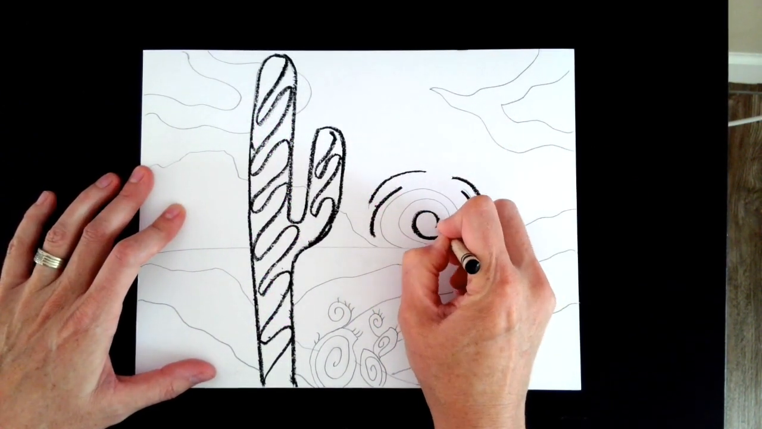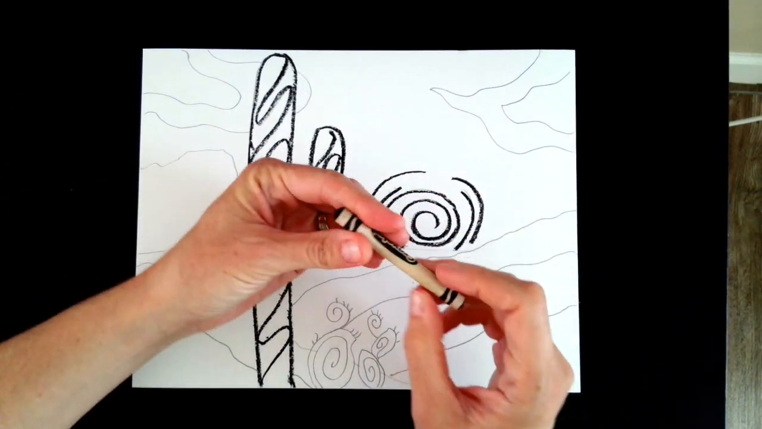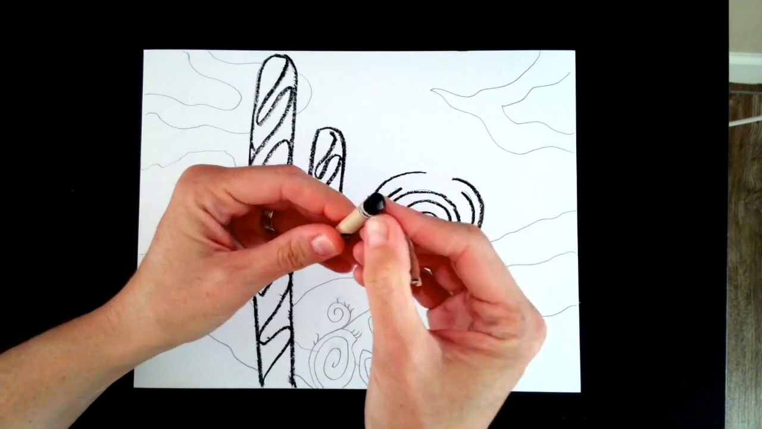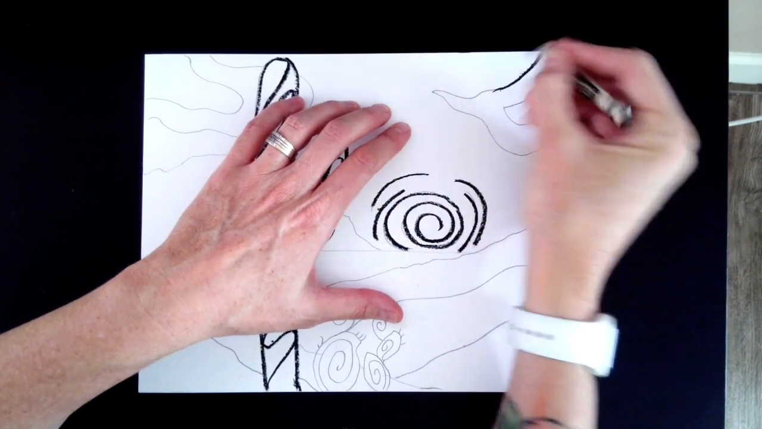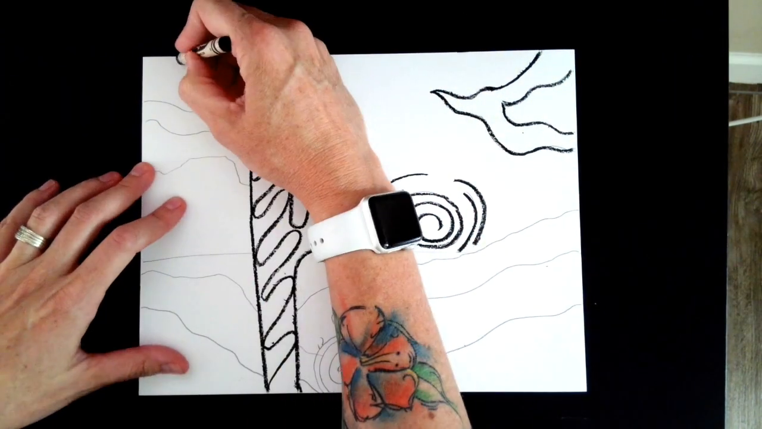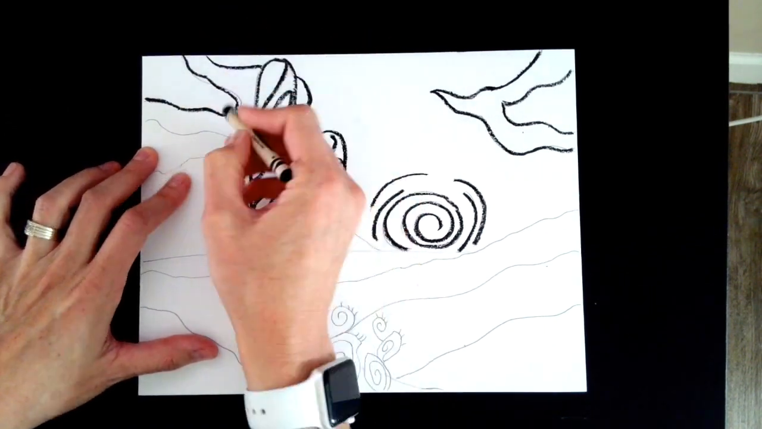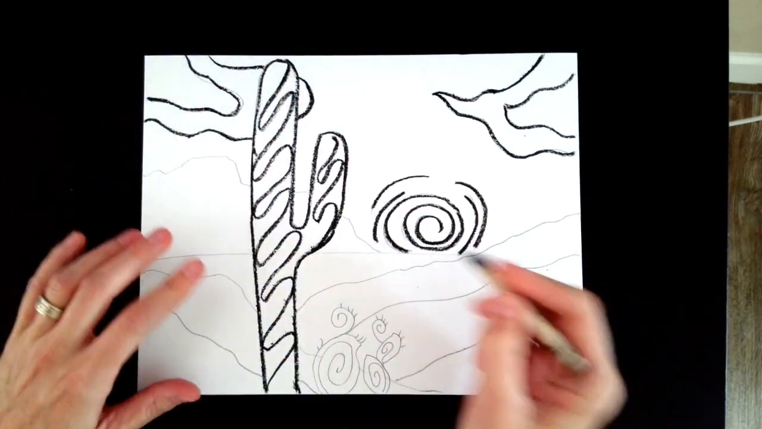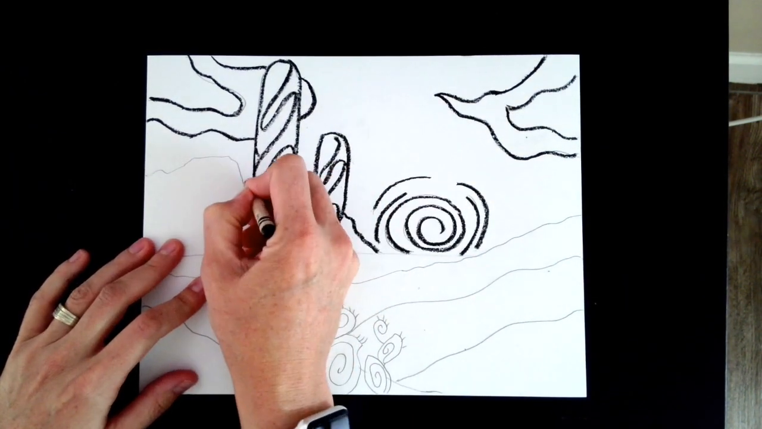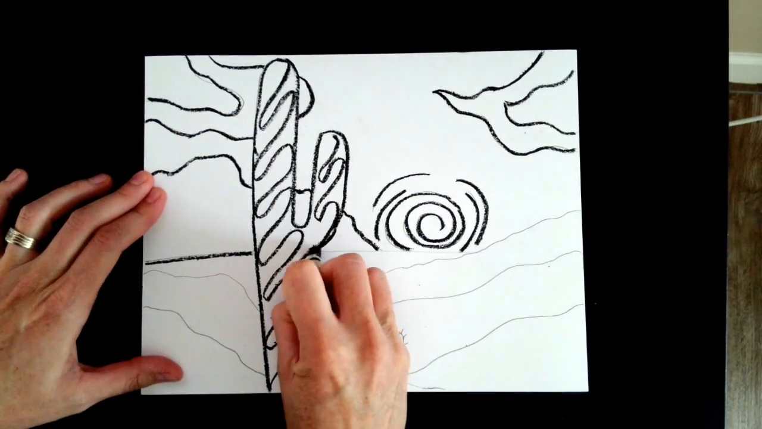I need you to go over all of your lines, and this is because when we go in with watercolor next week, it's going to act as a separator. You guys, any type of dark oil-based crayon is going to work fine for this. I happen to be using the Crayola crayon, but if you wanted to use a black oil pastel, that would work too. Go over every pencil line that you have,